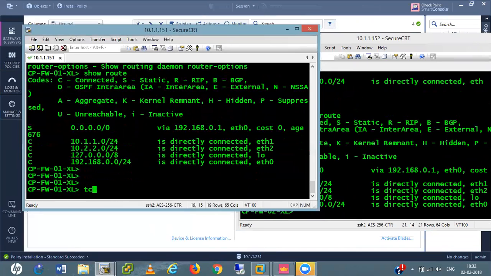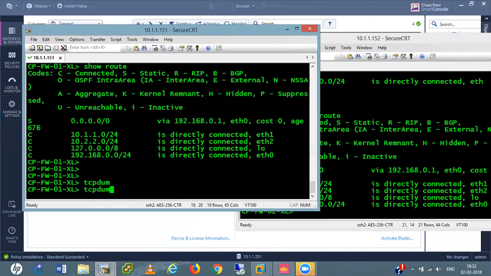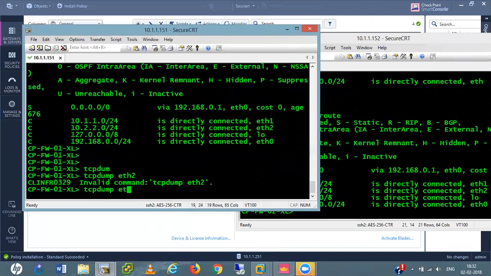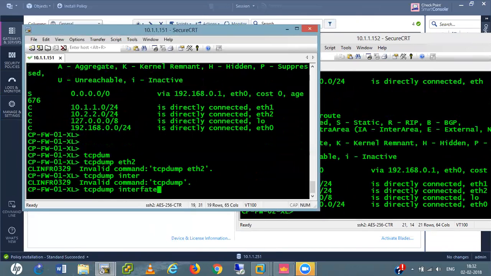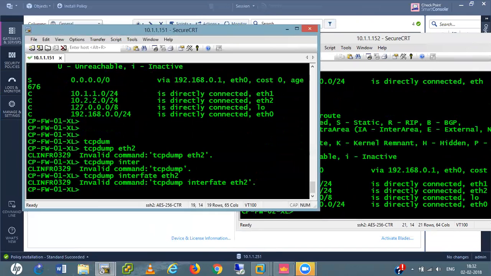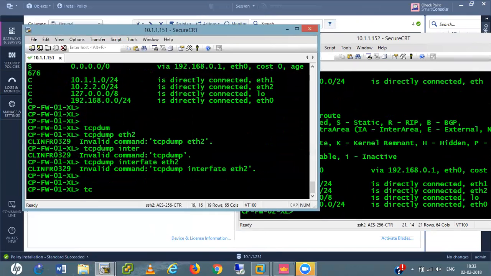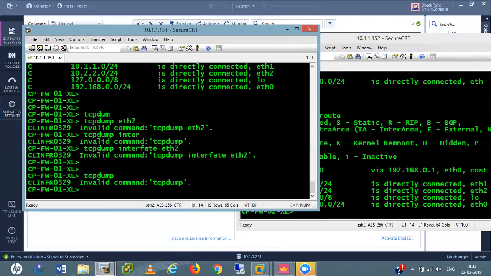If I run tcpdump here on interface eth2, I think I have to go to expert mode.